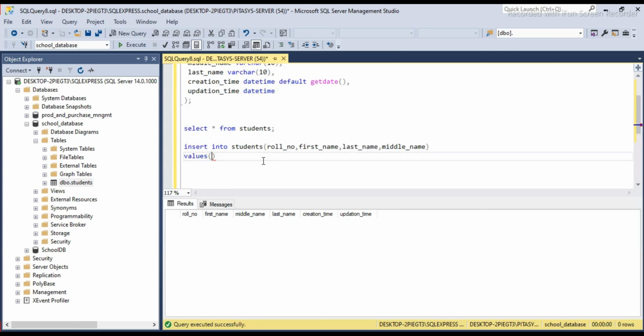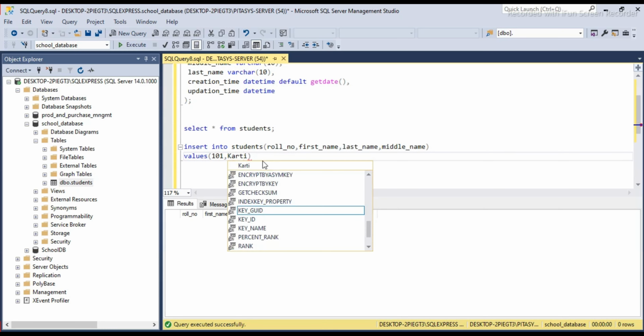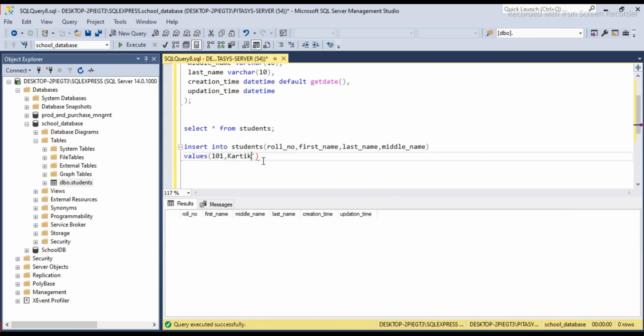Now we are entering values. Suppose roll number is 101, first name is Karthik. It should be in single quotes as it is a string. Last name Pandey. Middle name is Ramesh.